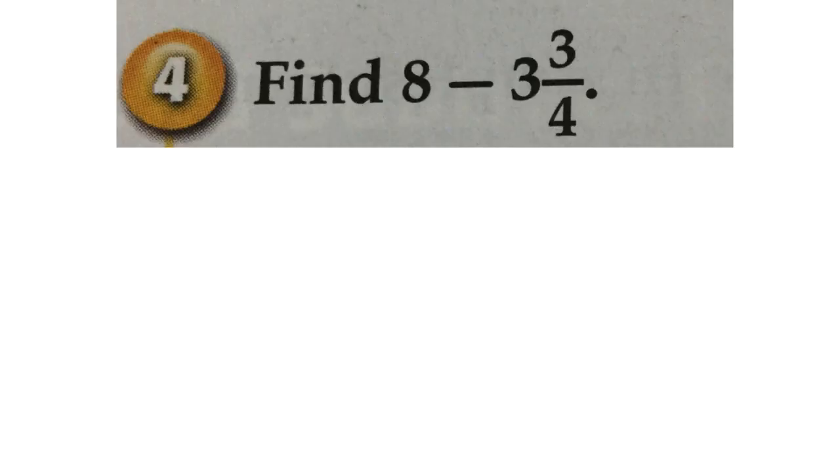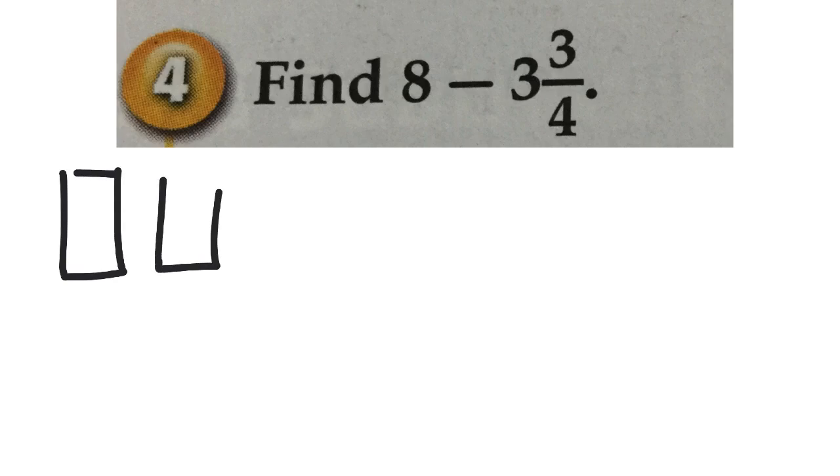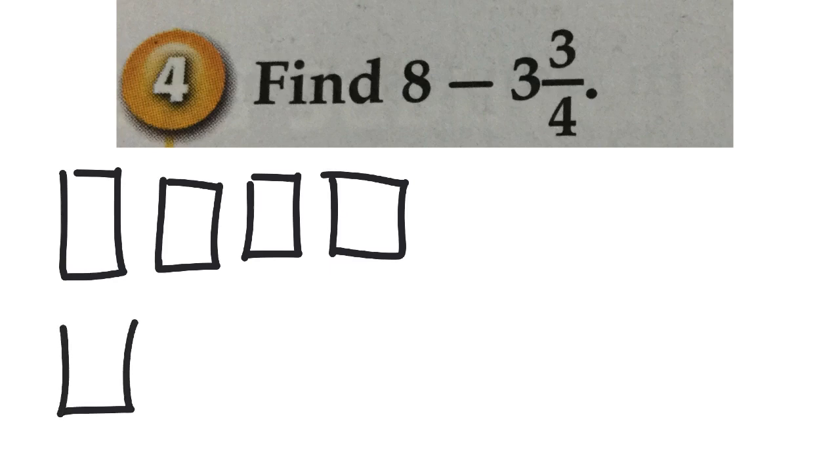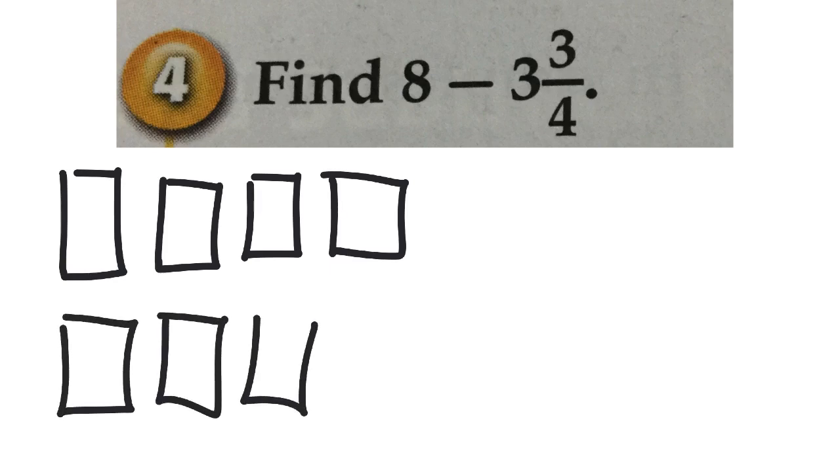Okay, now it asks me to find 8 minus 3 and 3/4. So again, let's think about this visually. If I had 8 whole things, 1, 2, 3, 4, 5, 6, 7, 8, and then I want to take away 3 and 3/4, well, that's going to be